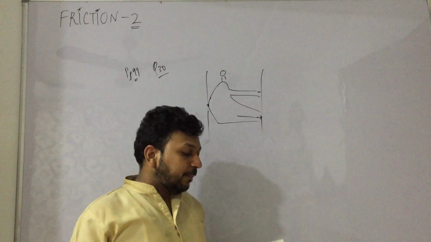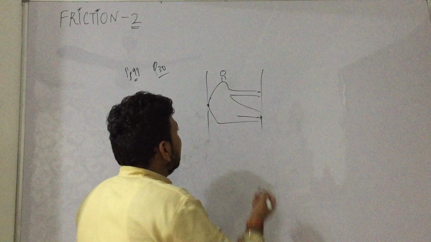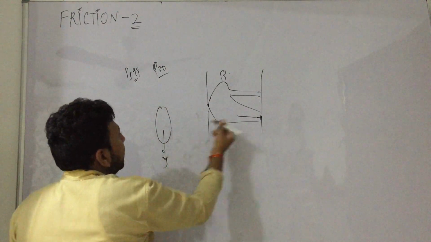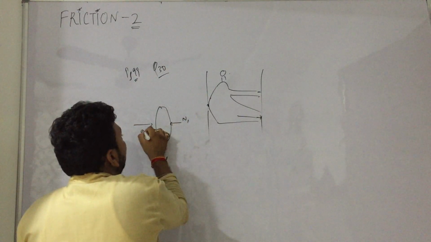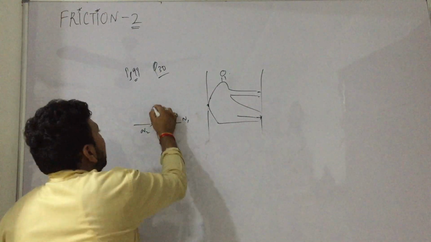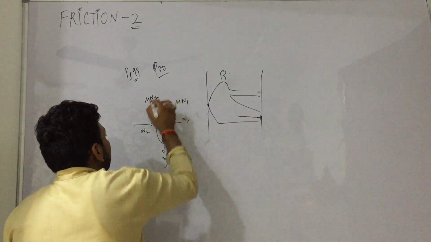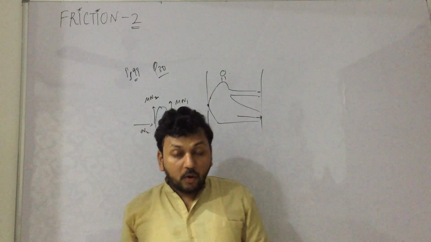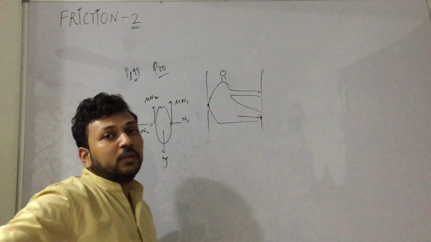We have to show that the person pushes the two walls, front and back, with equal forces. Very simple. Suppose this is the person, FBD will be mg. There is a normal reaction N1 and normal reaction N2 from the back. And similarly, it is trying to move down, then friction will support, mu N2 and mu N1. So obviously we can see the person is not going anywhere. That means N1 is equal to N2. This was the first part.